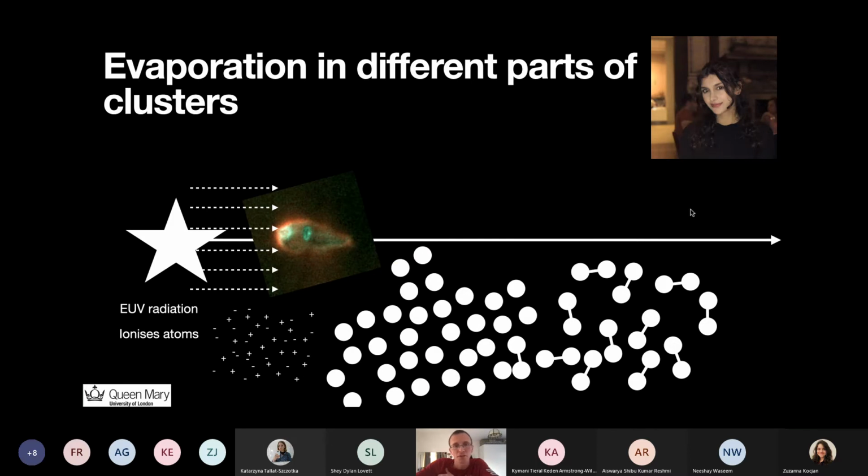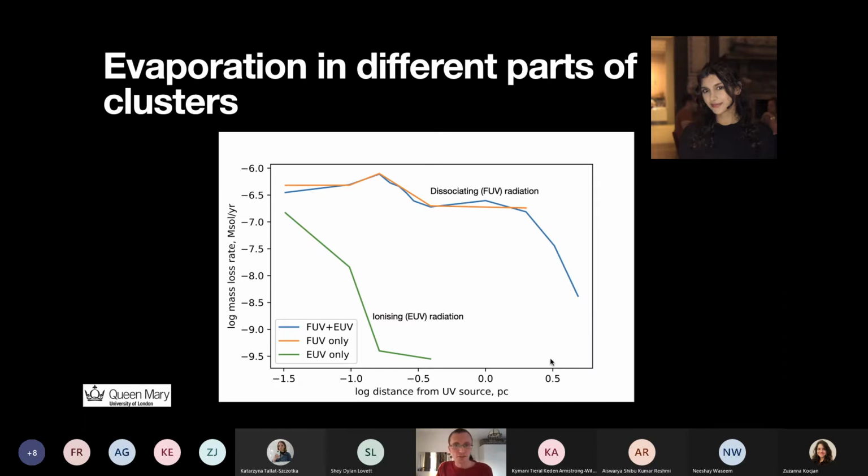And so what Kanar has been doing is looking for the first time at a model that accounts for all of this physics, all of these different processes, at the same time, and looking at how you transition from one regime to another, from being dominated by molecules being broken up to being dominated by ionization. And this is the main plot she has so far from this work. So this is how much material you would lose in a year